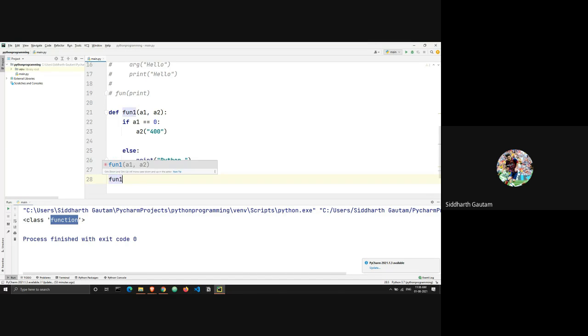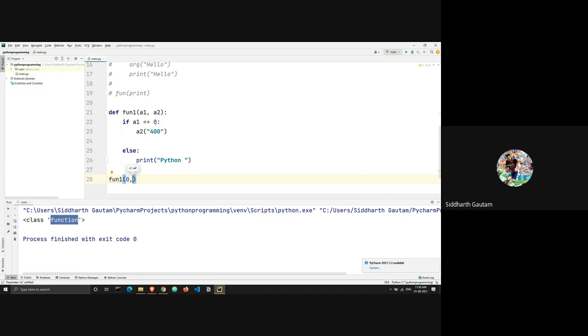I'm going to call function1, and inside a1, I'm checking the condition if it's equal to 0 or not, which means I should be entering it as an integer value. So just for the sake of an example, let's keep it as 0.